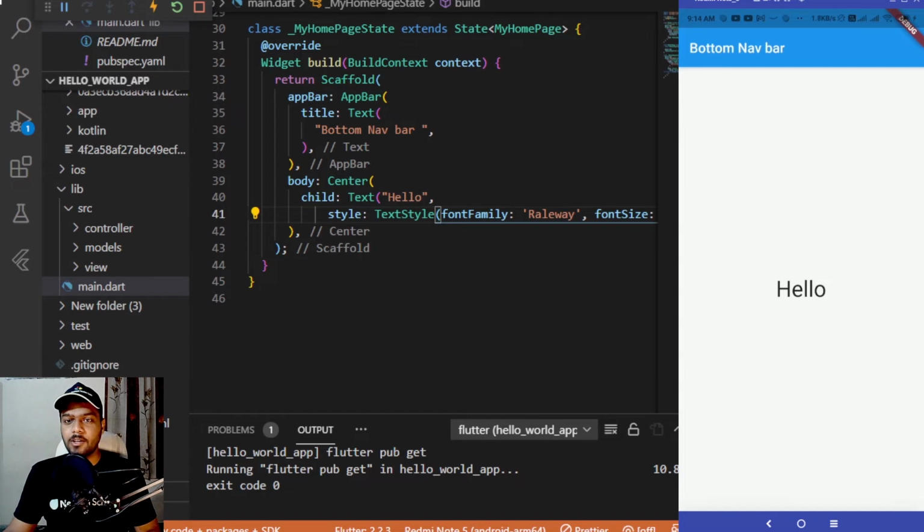So I'll open Google Fonts again and will be downloading the files for Roboto. So downloading the font family, going back inside the directory.